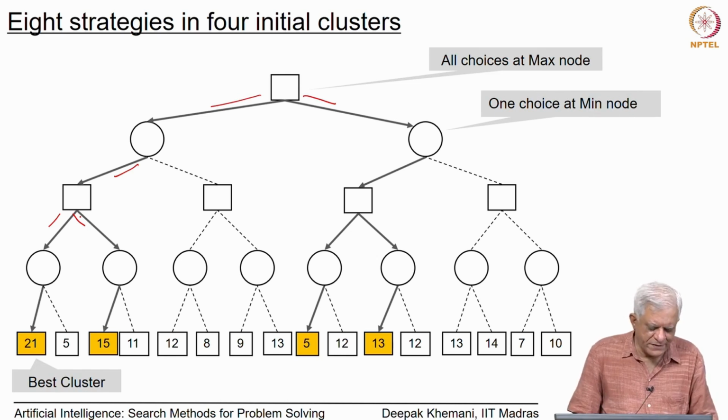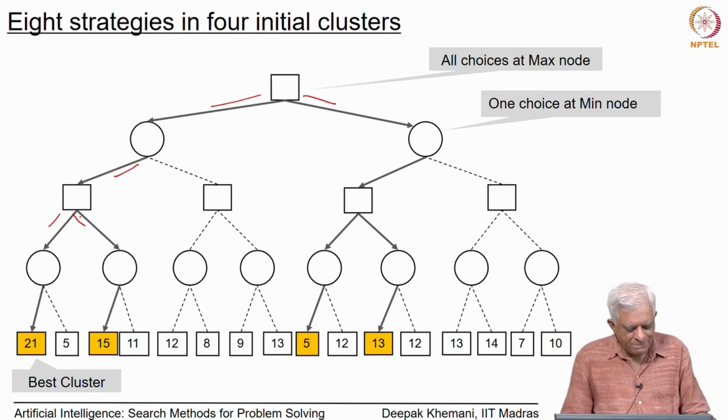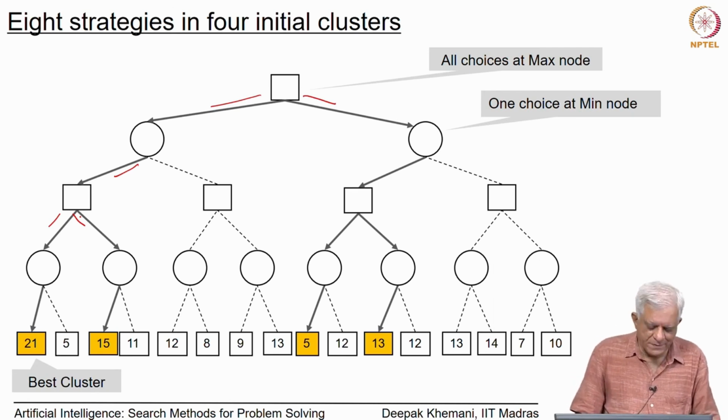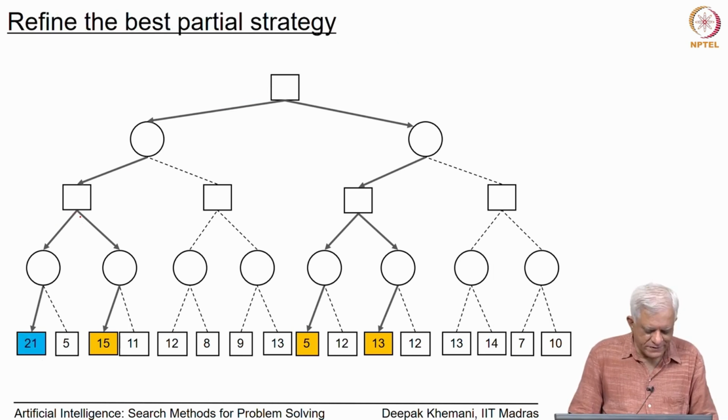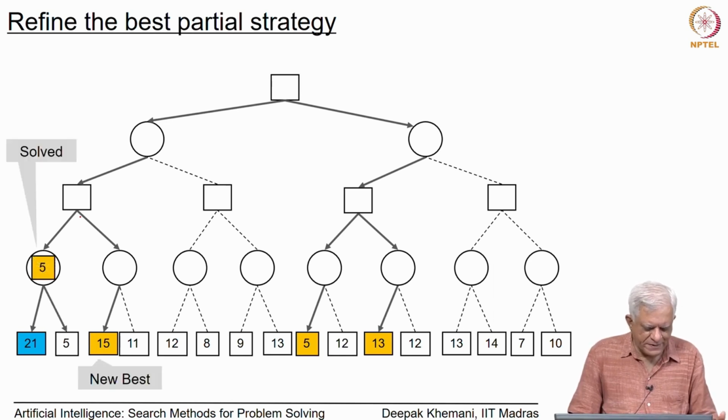The algorithm says refine the best cluster, or refine the best partial solution. The best partial solution is the one with a value 21, because its minimax value can go as high as 21, but not higher. The others have lower upper bounds 15, 5 and 13. So, we refine the best cluster, and refining means looking at a sibling of that node essentially. So, we are going to refine this node with a value 21, which is the best cluster, and what happens is